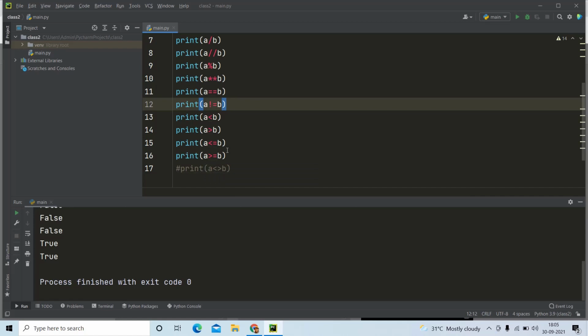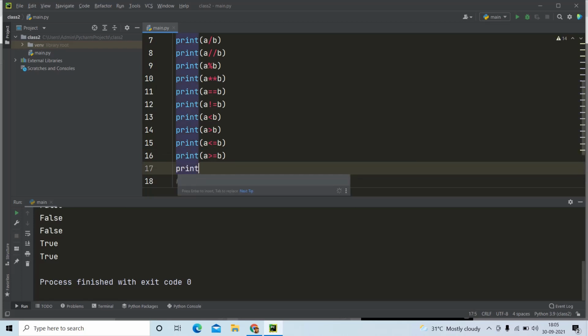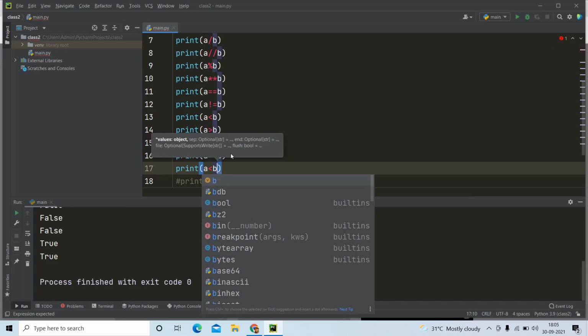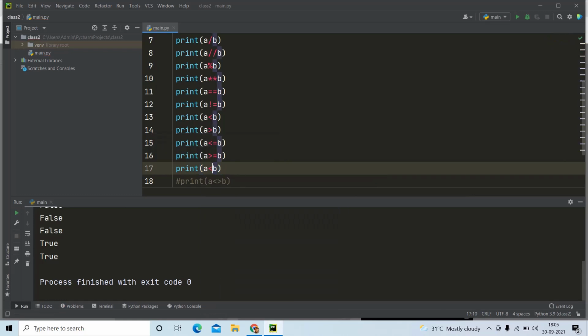So with logical operators, we can combine two conditions together. Like if I am going to print A is lesser than B, this is one condition I am going to check, and I am going to add another condition saying that A is equal to B. So these are the two conditions.